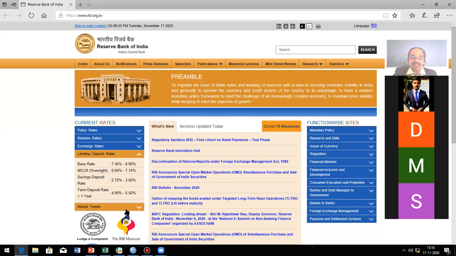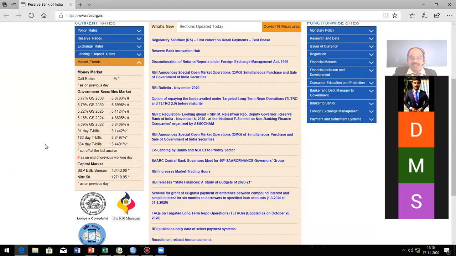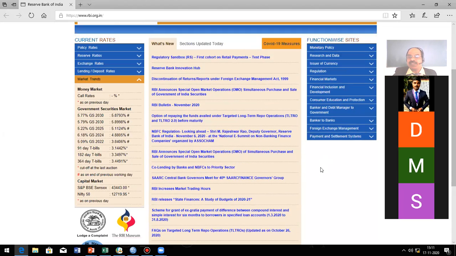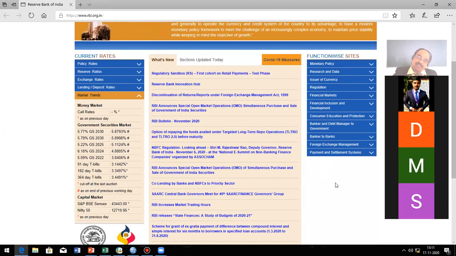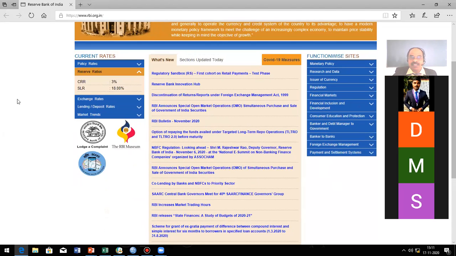They have given the rate. Then the market trend. What is the market trend at present, especially for the bond rate? You can see here it is directly given. These are all the present rates you must know clearly. If you want to compare the bank rates with other factors, you can use the present rate. Check some of your already done work, check whether you are using the present rate. Because if you copied from some other source, they might have given a different rate. Especially CRR, SLR, they changed. Never use the old one.